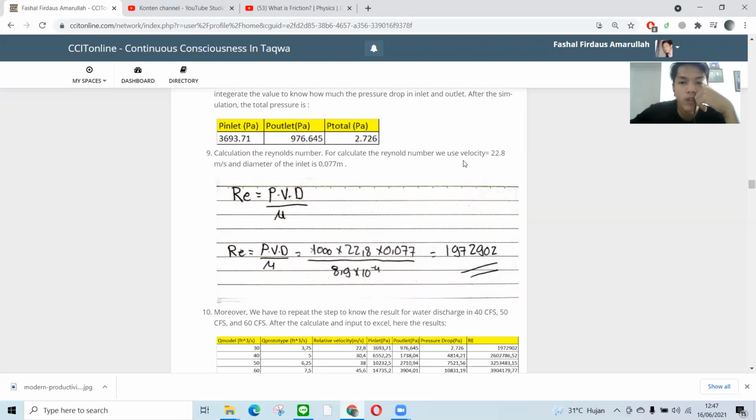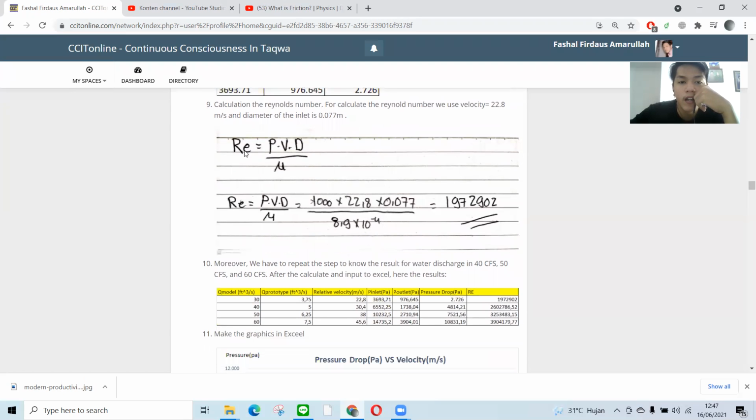For calculating it, we use a velocity of 22.8 meters per second and an inlet diameter of 0.077 meters. And we get the Reynolds number here.